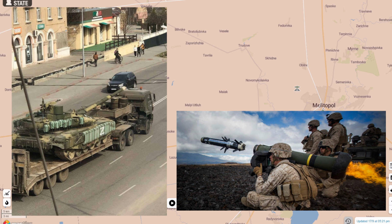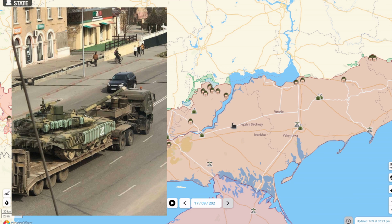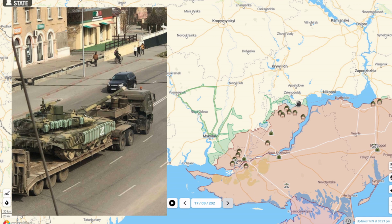But they might look like the size of bricks from this photo, but on this actual tank model, they're quite big, if not bigger than a backpack. So yeah, quite big, these things. Extra protection, theoretically. Then we move across to the fairly newly contested front line of the Kherson region, where Russian